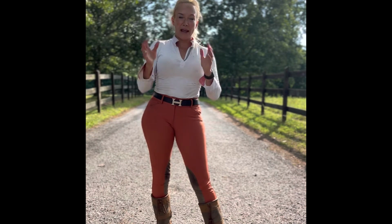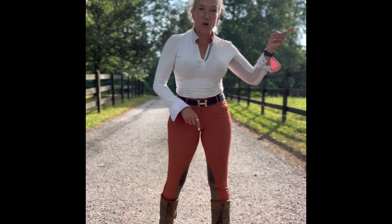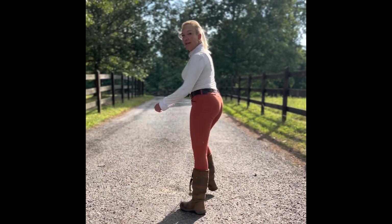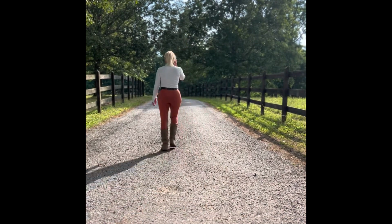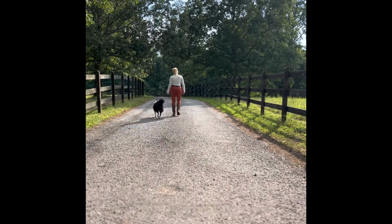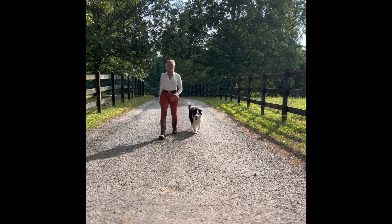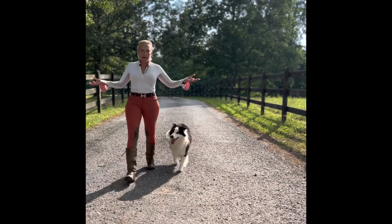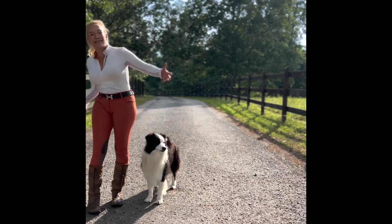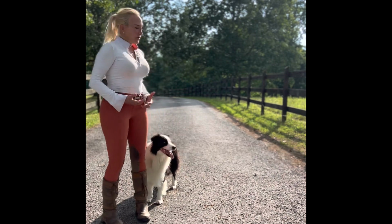Okay? The name can't mean we're going inside now. When you need to bring your dog inside, you just go get them. That's it. Or turn your back. Watch how this works. I go this way. This way. I don't have to call my dog to come. Why ruin my come command? Simply changing directions is a great way to get your dog driving. We use that word to talk about a dog running towards you, but we use